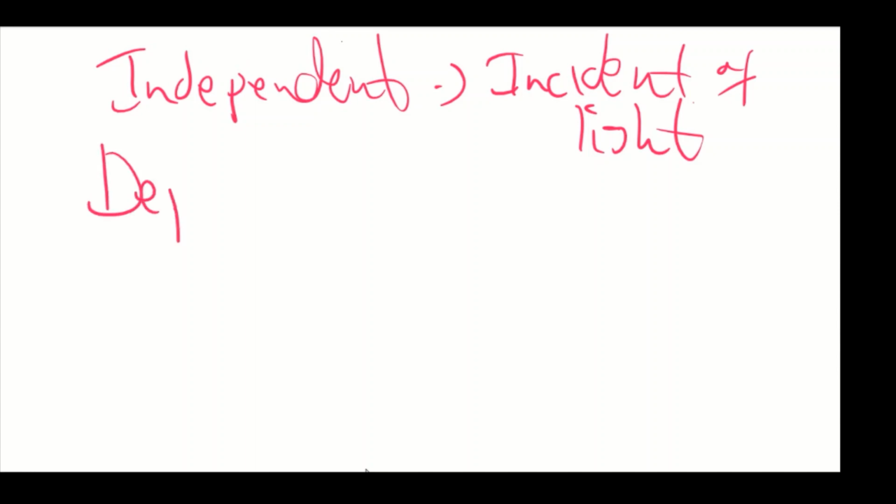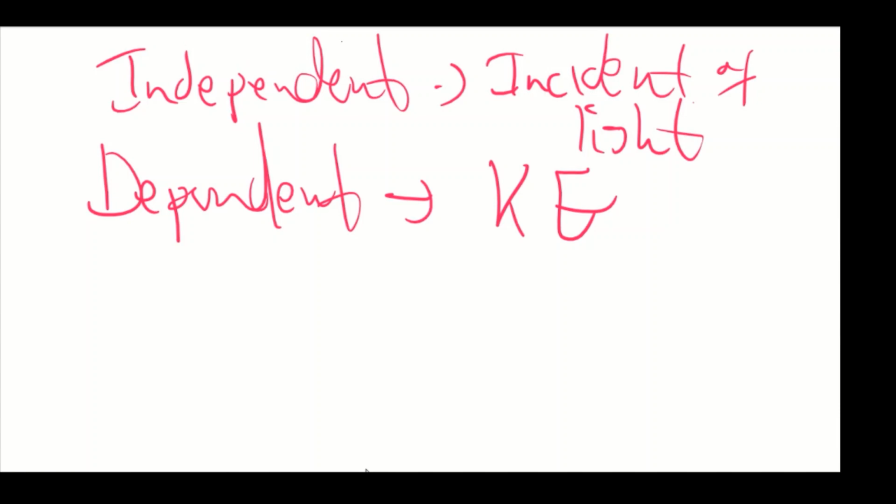And the dependent variable will be the kinetic energy, right? Kinetic energy depends on what frequency of light you are using. So kinetic energy of those electrons is going to be the dependent variable,